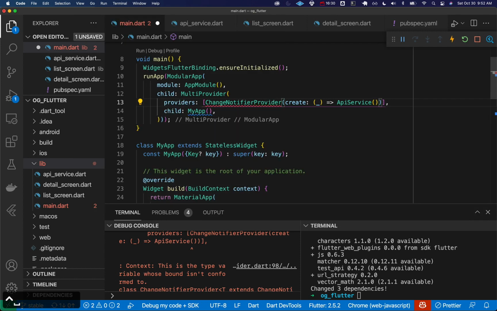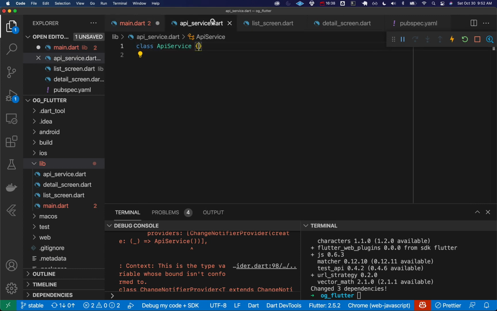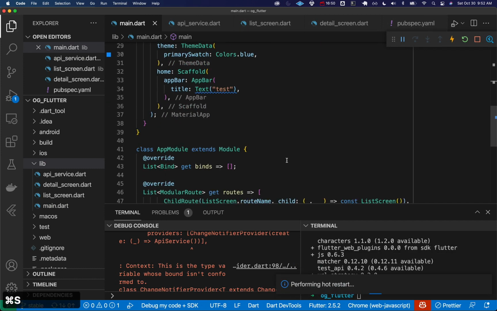That could be why. Create. What is it telling us? Oh, provide. No. API service. Oh, yes, we do need to. Okay, API service, and it needs to go with change notifier. And then we should see, yes, everything's good. We can const this. We can add a couple little commas here. And now it's performing a hot restart,